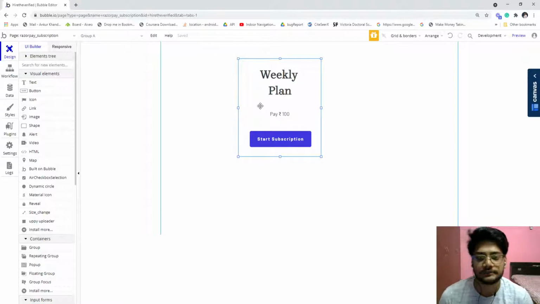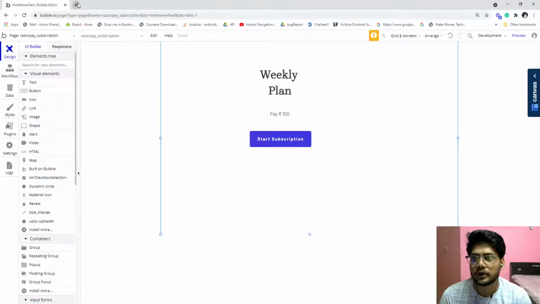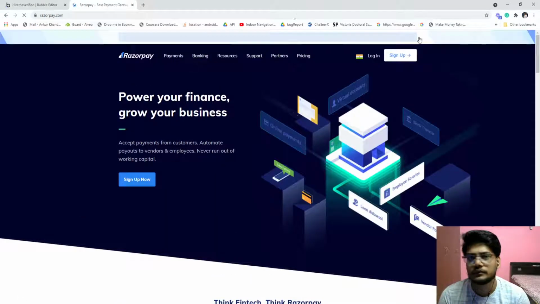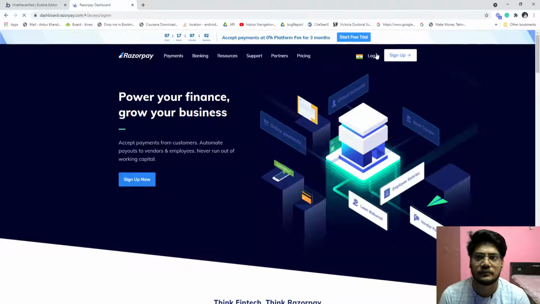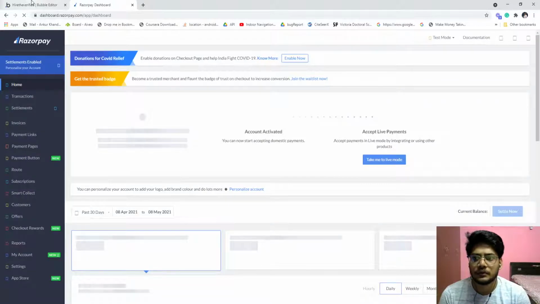So okay, let's start. First we create that simple block. We are creating one weekly plan, pay 10, start subscription, and also let me log into Razorpay.